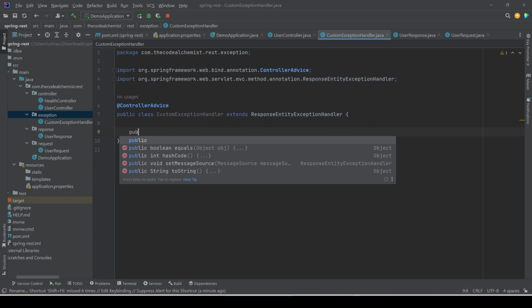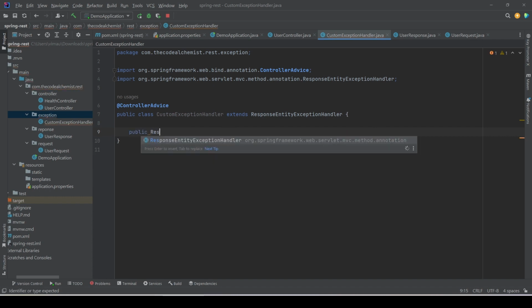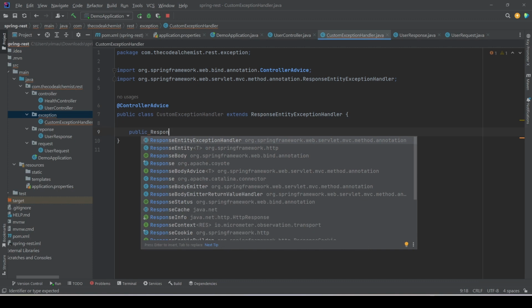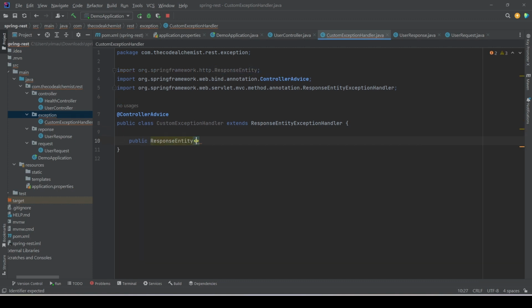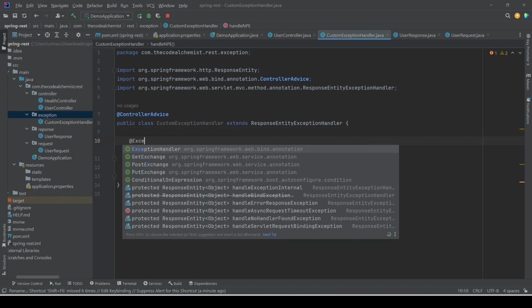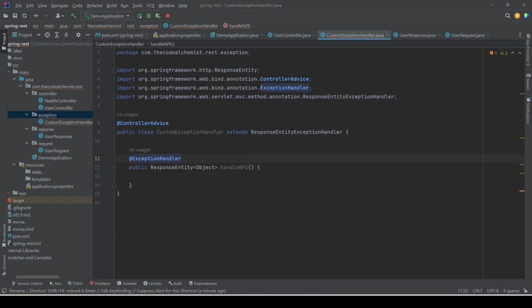So for example, if we create a method here, that would return a response entity, and we can name it, let's say handle NPE, handle null pointer exception. Then the next thing is to tag it with @ExceptionHandler. And @ExceptionHandler accepts an array, which means we can pass multiple exceptions to this handler. That means all the exceptions that we provide to this annotation will be captured by this particular method,